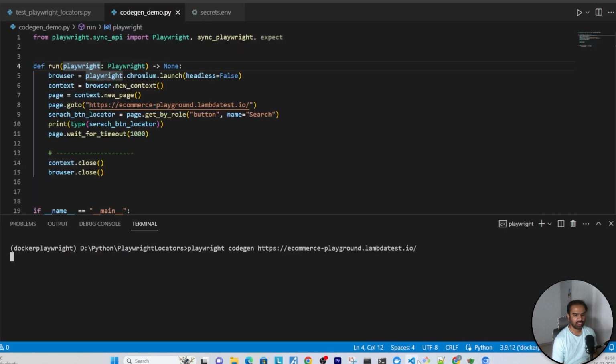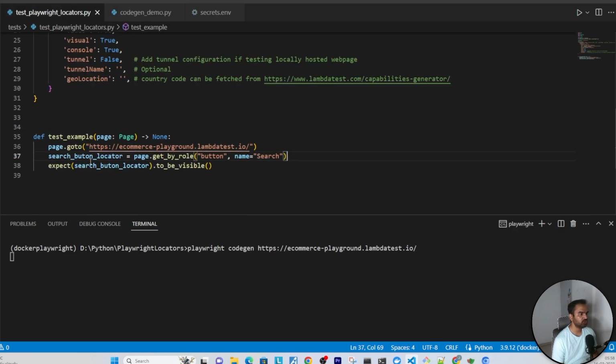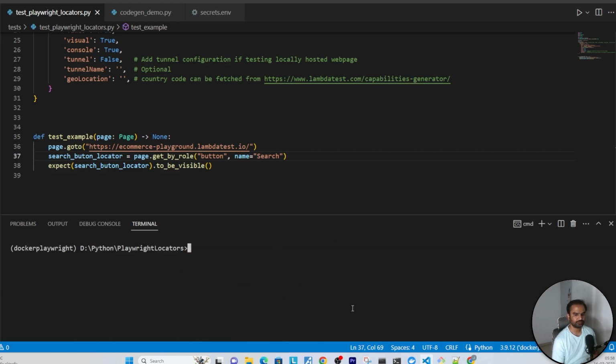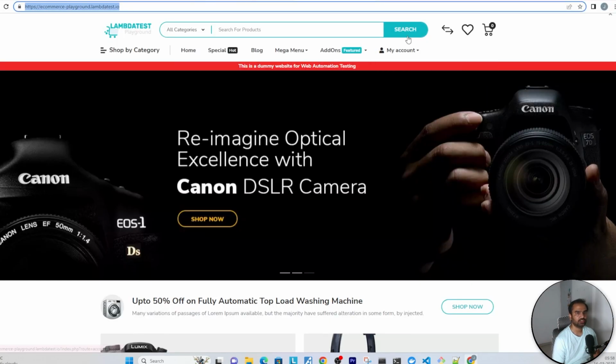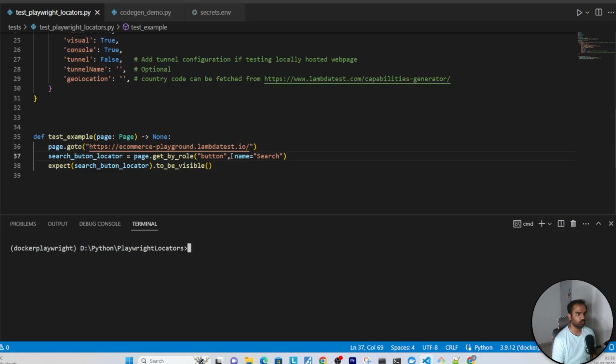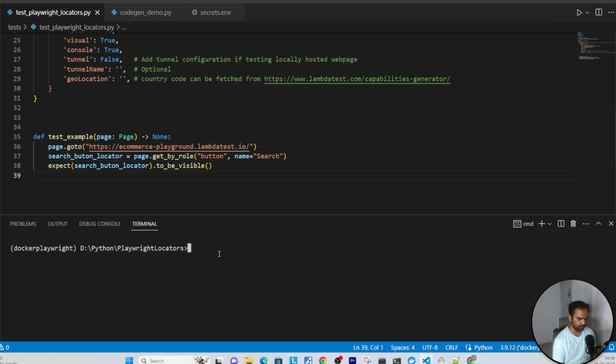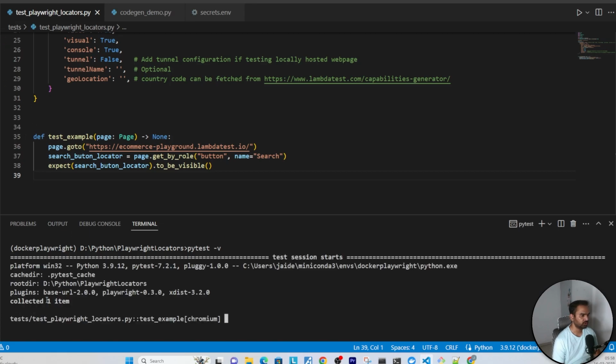But yeah, now our goal as a tester was to make sure that this search button is present, and that's what we have done. We have located the search button using obviously the Codegen tool, and now if I do pytest -v, hopefully it should locate. So if you see, it's collected one item, test playwright located, test example, should have given it a better name,